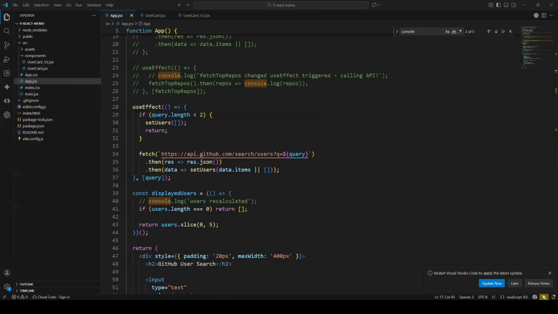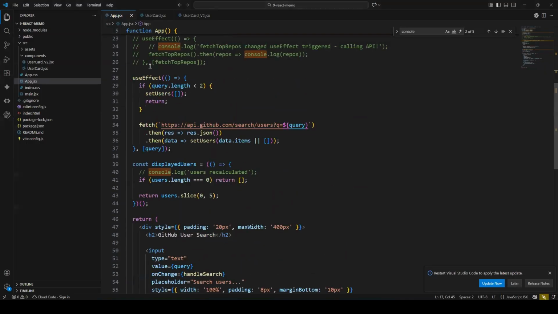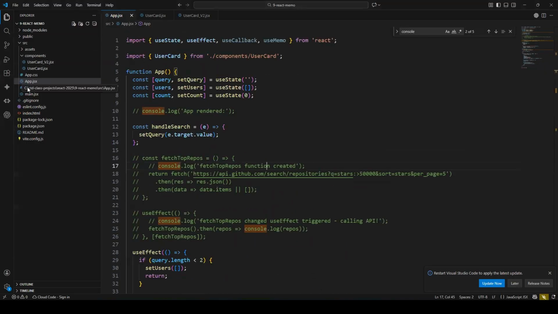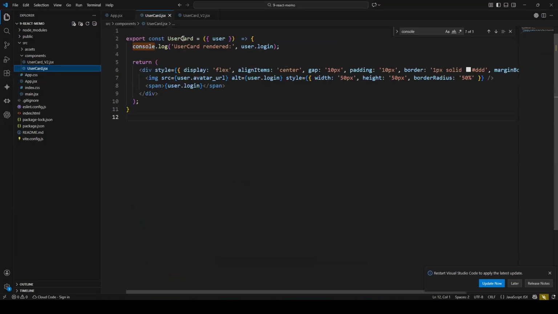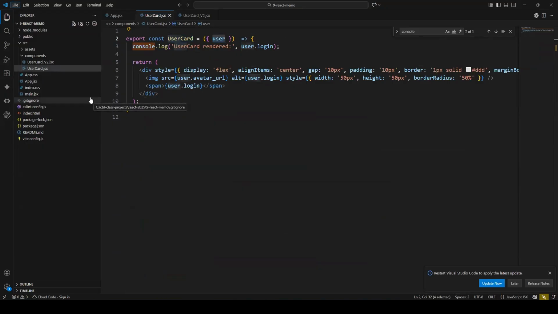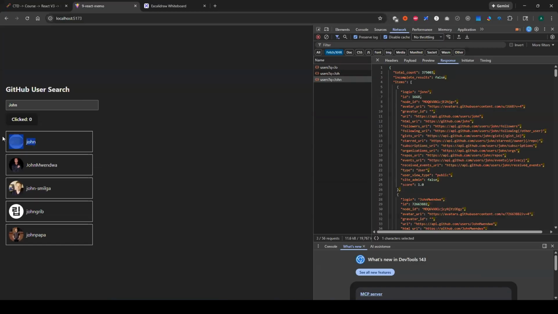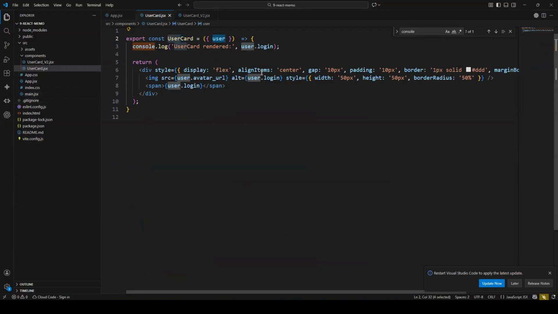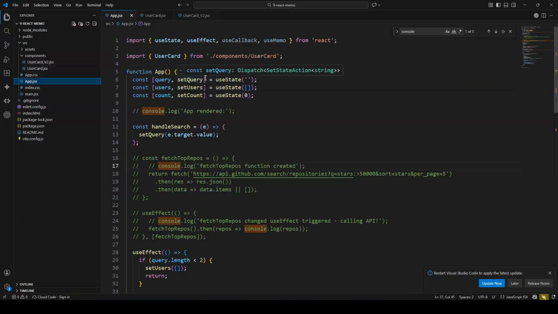So quickly, if you look at our code, we have our app.jsx and user card. Simple. Our user card takes an individual user and displays his details. So this is an individual user, this first John, and we are displaying their name and login. Similarly, ignore the commented code for now. The job of the